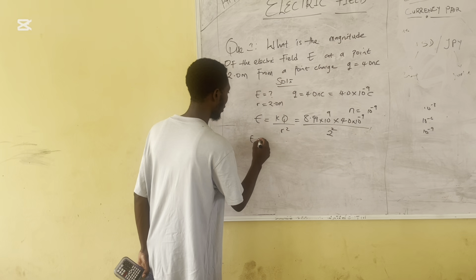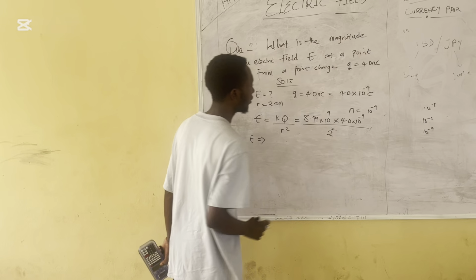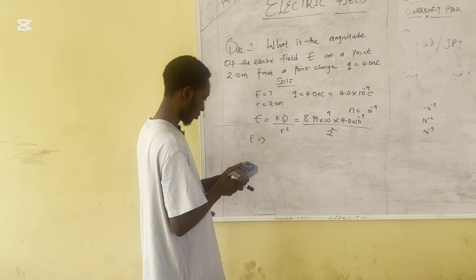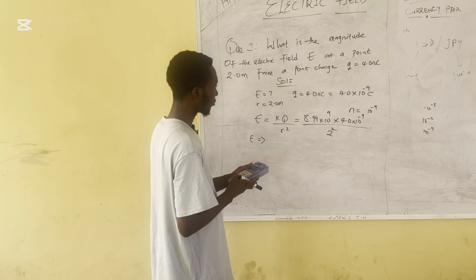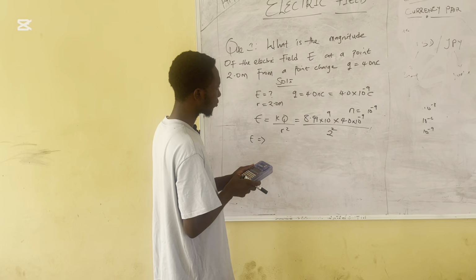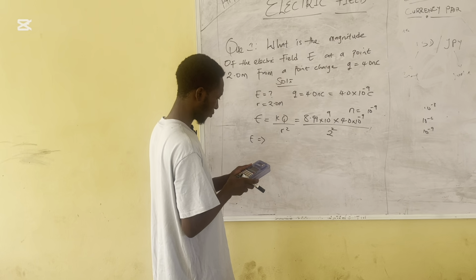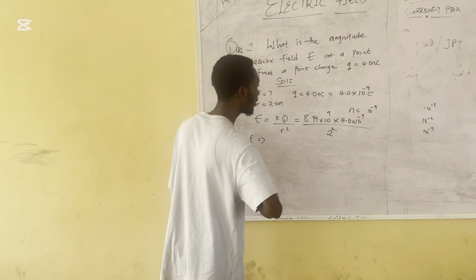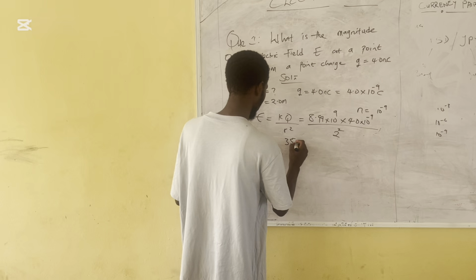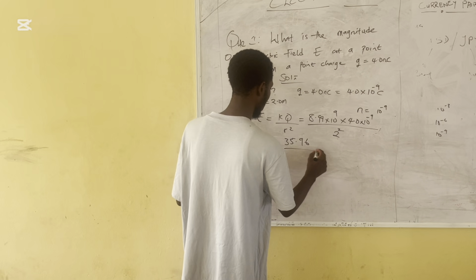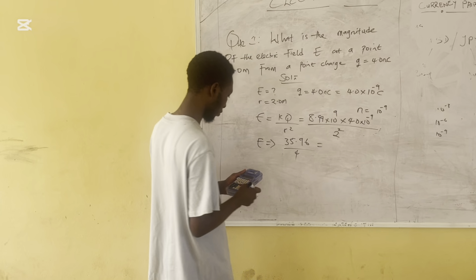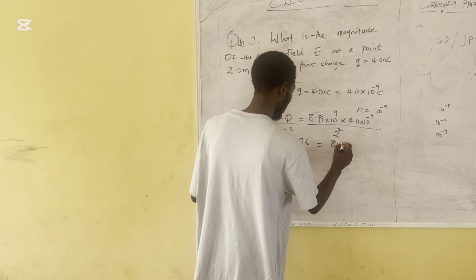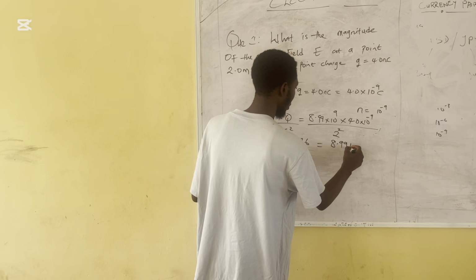Now let's multiply everything here; you can do that in your calculator. If you multiply everything, we get 35.96, and 2 square is 4. So therefore our final answer will be in Newton per